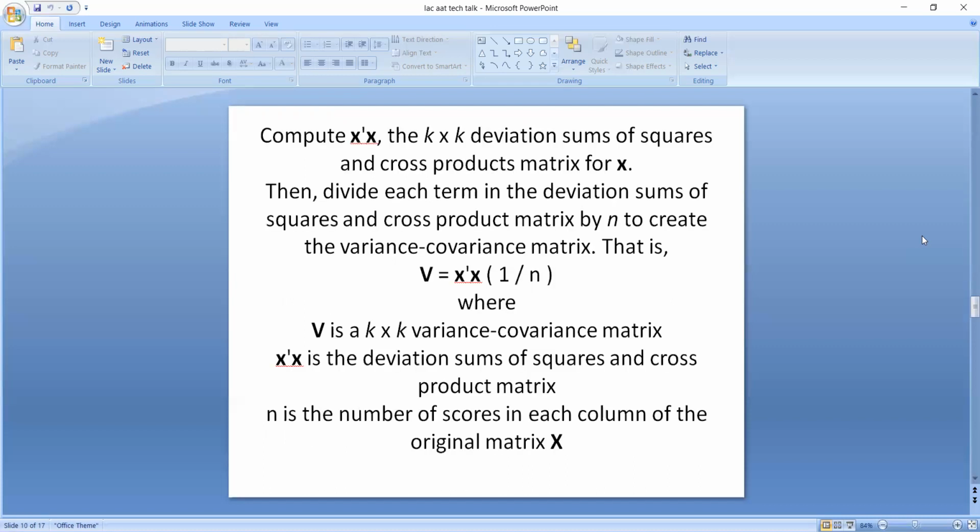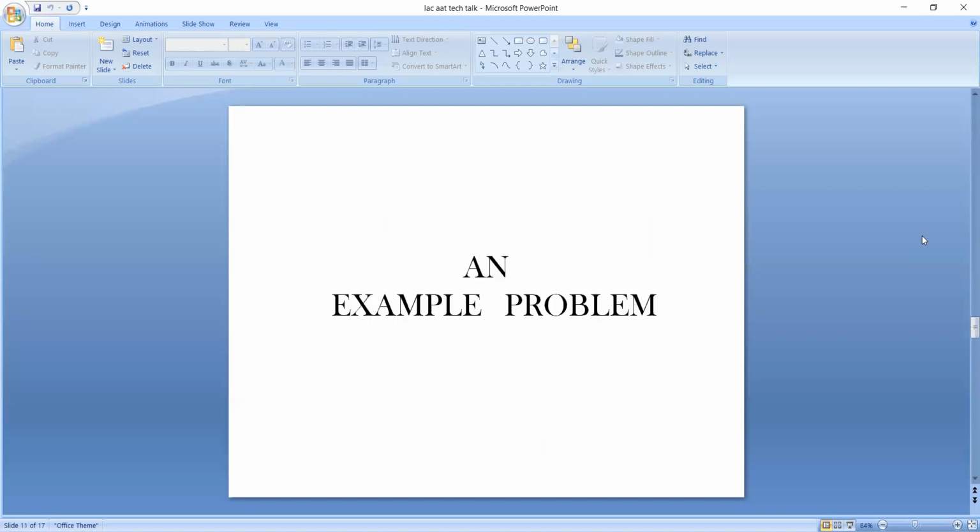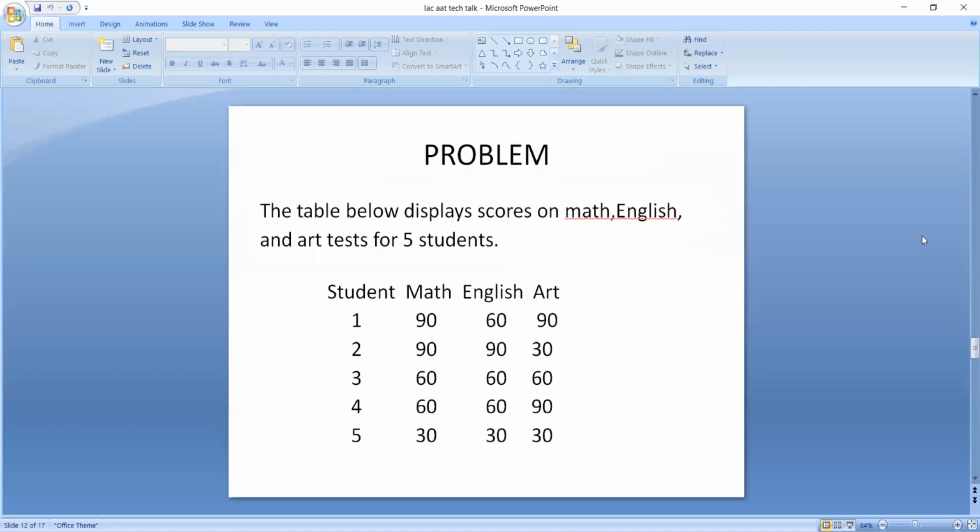All this process in theory form is somewhat difficult to understand. So I want to explain an example problem by which you can understand easily and in a simple manner how to create a variance and covariance matrix. This is the problem. I have said before that we will get raw data, and from that raw data we have to obtain a matrix.